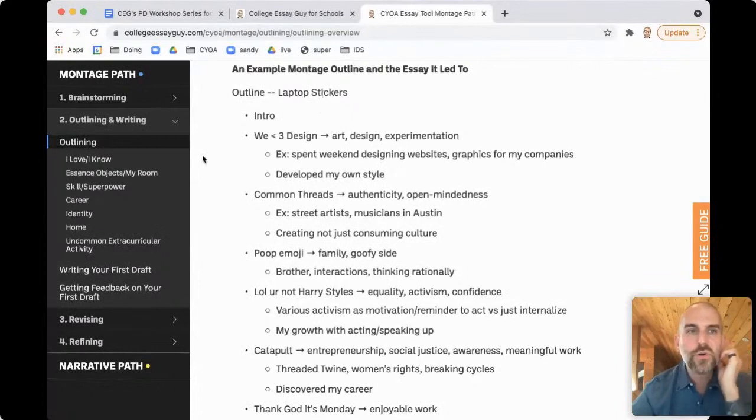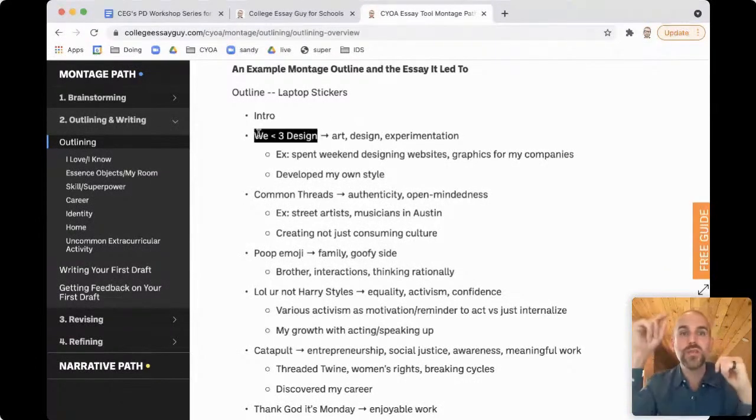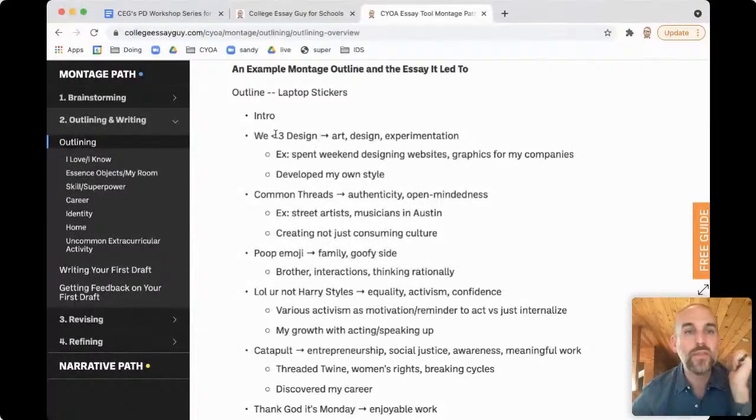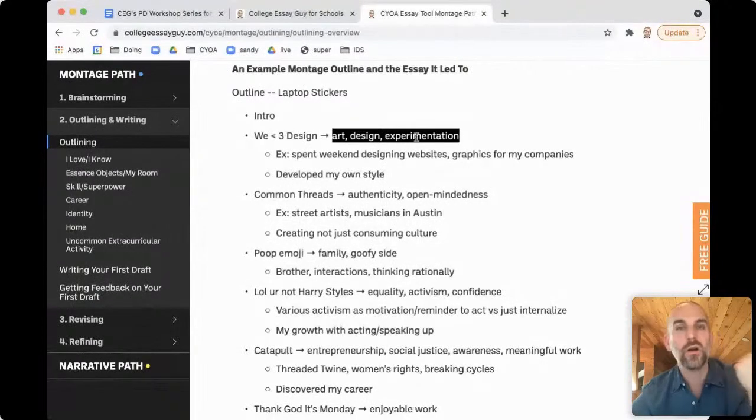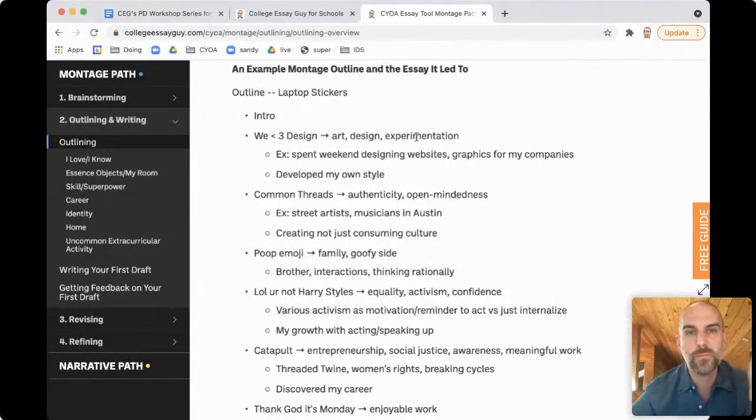So this student chose what I call the essence objects, or objects in my room essay path, a montage path. And she was writing an essay on the stickers on her laptop. And so she has an intro that basically says, for me, the stickers on my laptop provide a passport showing you all the places I've been, but each one represents a different side of me. And so for her outline, she needs examples of stickers. For example, the We Heart design sticker. And then she connects that sticker to the values that she wants to show, her artistic side, design, experimentation,